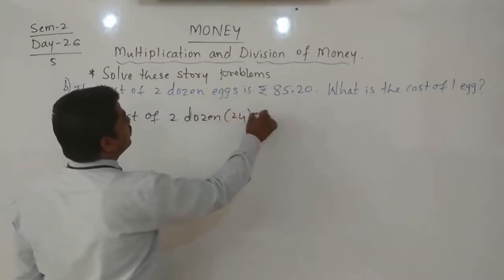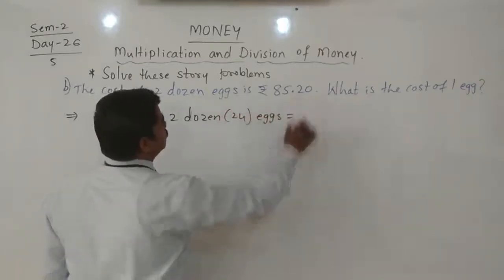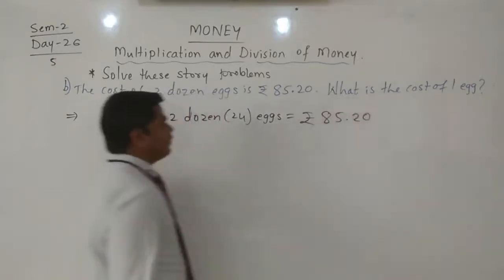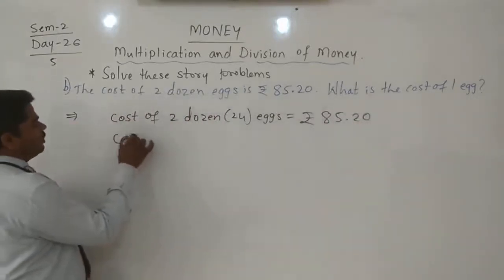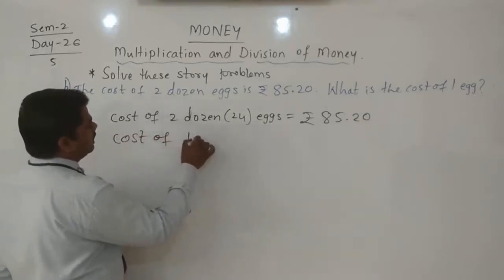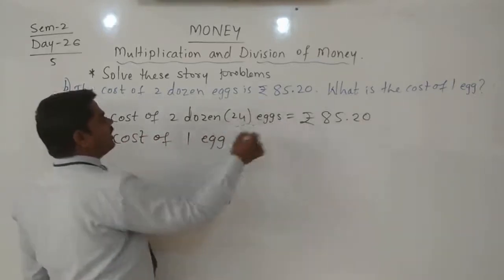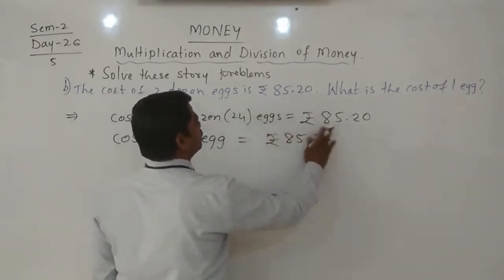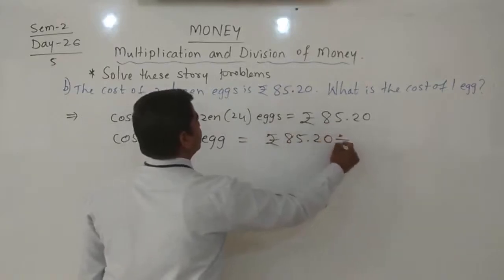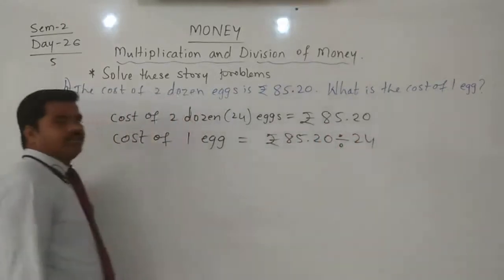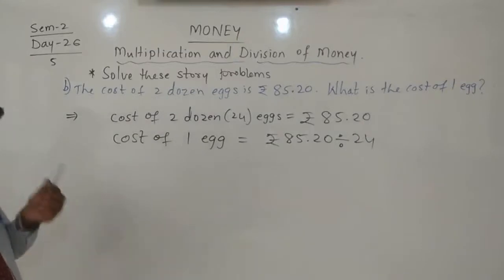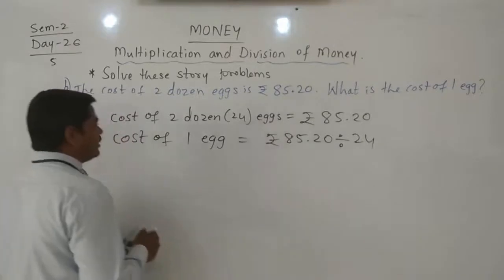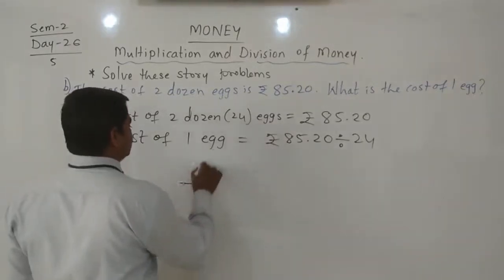Yes or no? 24 eggs is equal to rupees 85.20. Then you should find the cost of 1 egg, only a single egg, so divide 85.20 by 24. Yes or no? Then we can find the answer. So easy this one also. Divide here 85.20 by